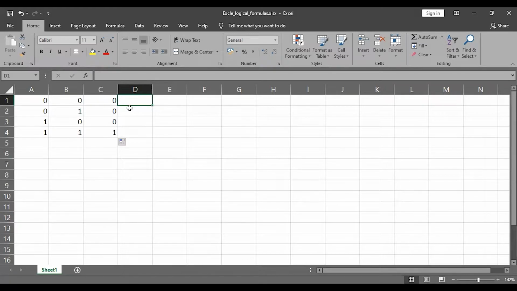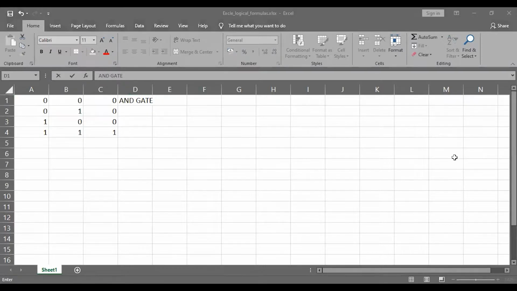And let's now talk about the OR gate. So this was the AND gate. Now let's talk about the OR gate. So I'm going to copy paste it.